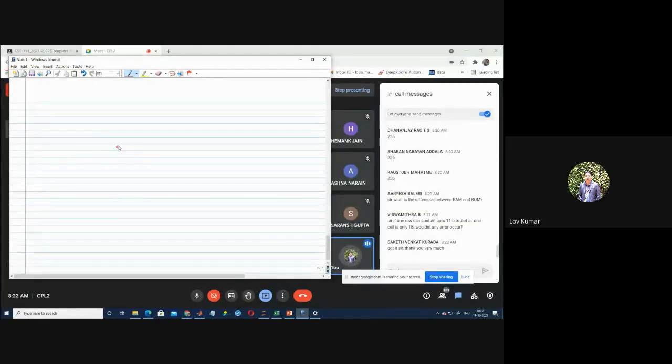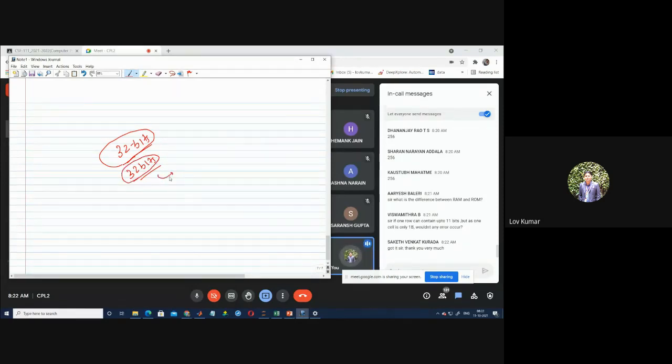Okay, if you are using the 32-bit system, I'm not talking about the RAM. I'm talking about the 32-bit operating system. What do you mean by that? The size of the address, whatever the address generated by the operating system, that size is 32 bits. If the size is 32 bits, then in this case, can you tell me what is the maximum number